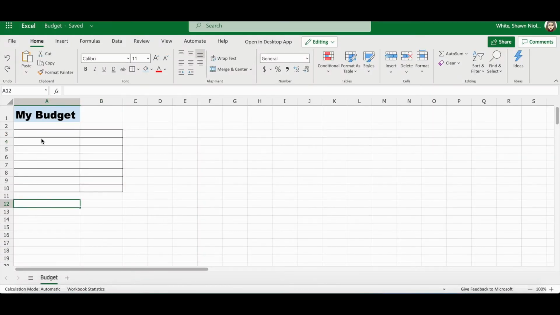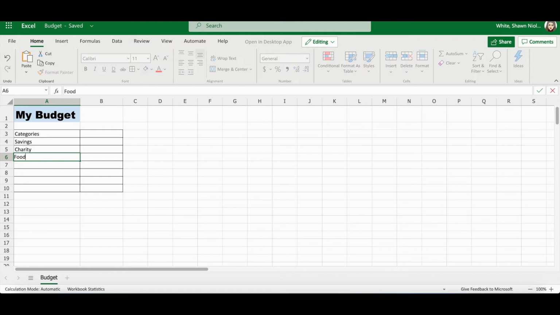So to begin with, we are going to add some information to our cells. The budget worksheet already has a title with the border lines, but now we're going to add some categories. So in cell A3, you're going to type Categories with a capital C, then press Enter to take you to A4. Then you're going to type Savings with a capital S, Enter, then Charity,